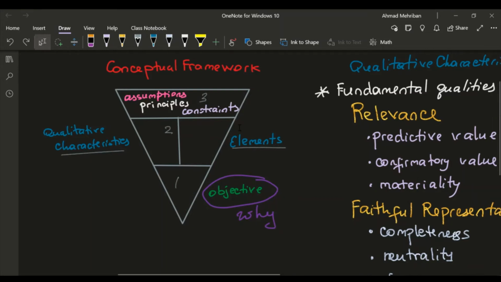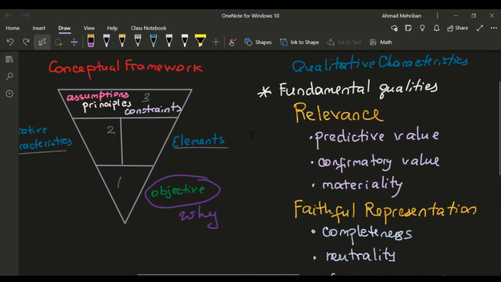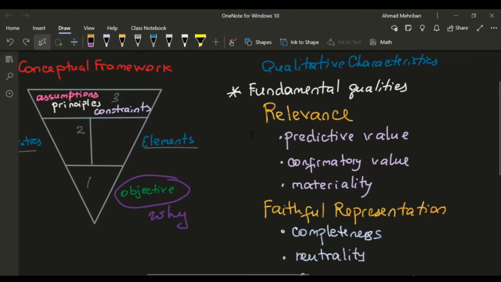The qualitative characteristics we can divide into fundamental qualities. The first type of characteristics are the fundamental qualities, and those are relevance and faithful representation. Just like the name suggests, relevance means that the information is relevant,